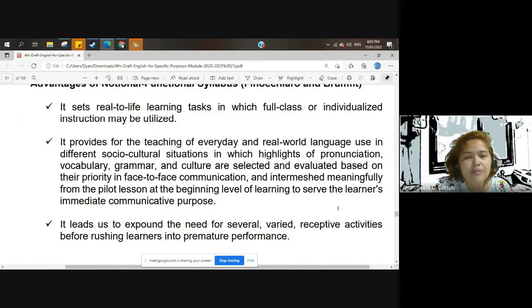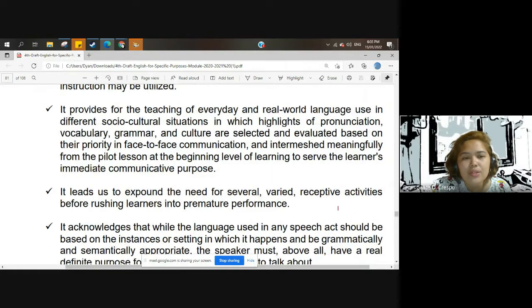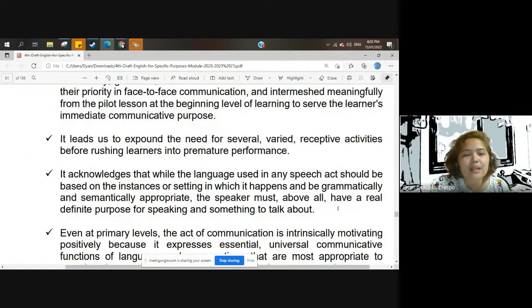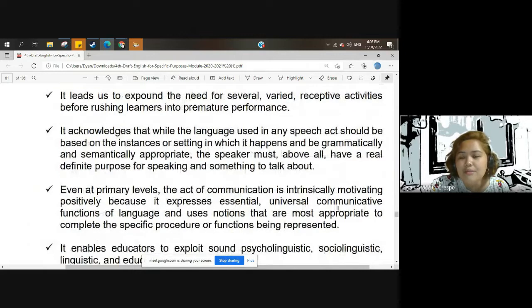Okay? It provides the teaching of everyday and real world language used in the different social cultural situations in which pronunciation, vocabulary, grammar, and culture are selected and evaluated based on their priority in face to face communication and intermeshed meaningfully from the pilot lesson at the beginning level of learning to serve the learner's immediate communicative purpose. It leads us to expound the need of several varied receptive activities before rushing learners into premature performance. So we need to give the students what they need to know before we give them the performance,